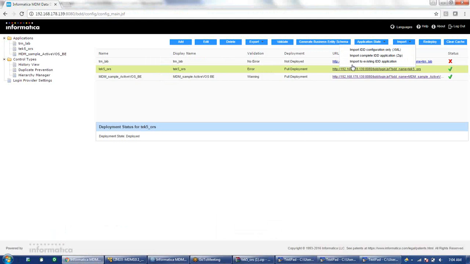I will extract both the zip files and compare them using any compare tool like WinMerge or something. I will compare both the files and see which files are changed and what the changes are. Whatever files are changed, I will send only those files to the other environment. For example, if the bdd config.xml is changed or the bdd bundle is changed, I will send only these two files.